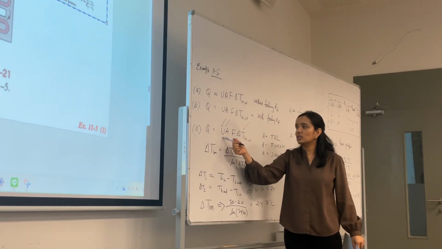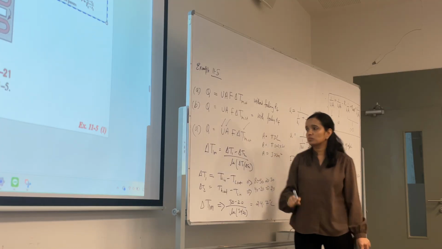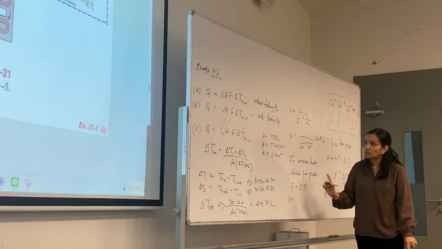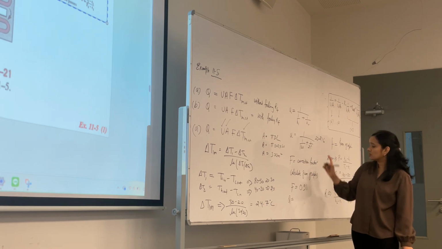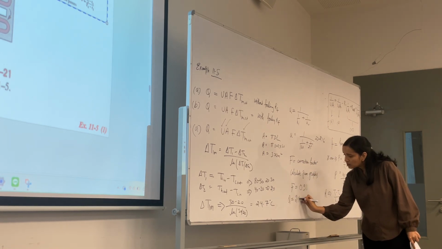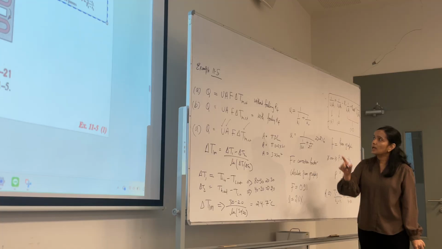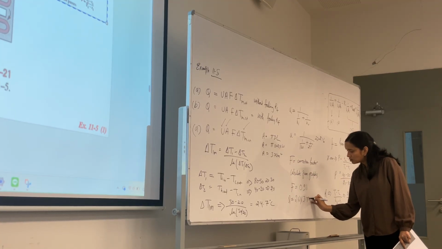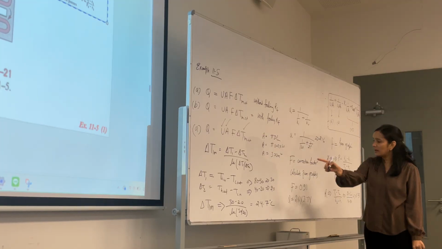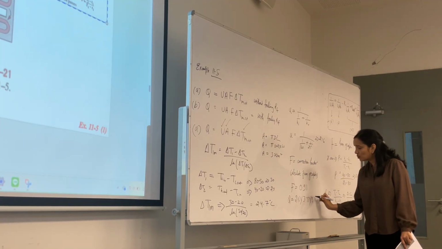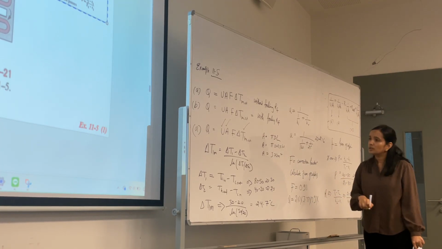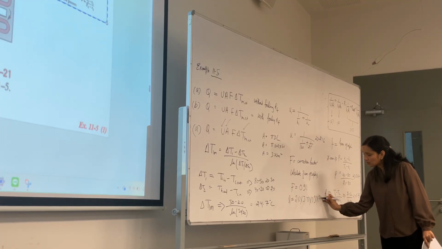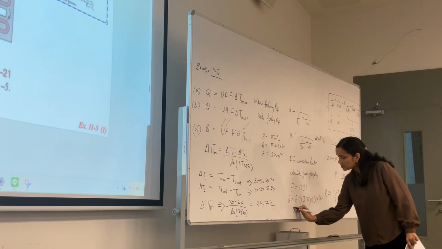So we have all the values here. We can calculate Q. U we calculated from here, 2.16. Area we calculated here, 3.77. F we just calculated, 0.91. Delta T LM is this, 24.7. So Q is